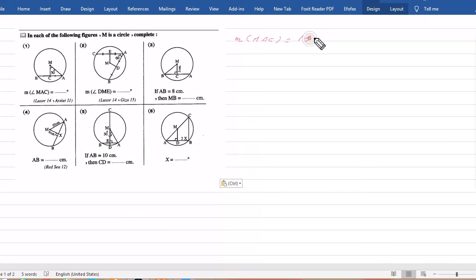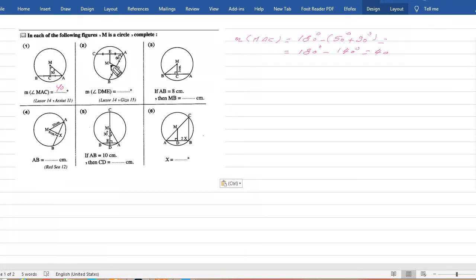180 minus (50 plus 90), so it equals 180 minus 140, which becomes 40 degrees. So the measure of angle MAC equals 40